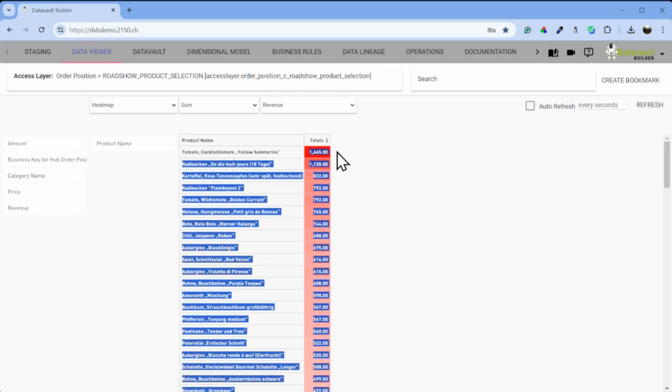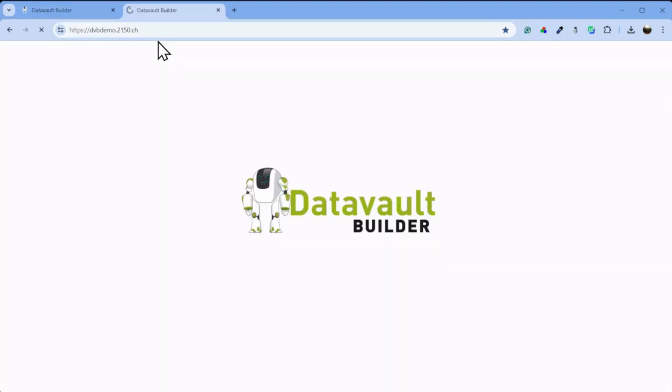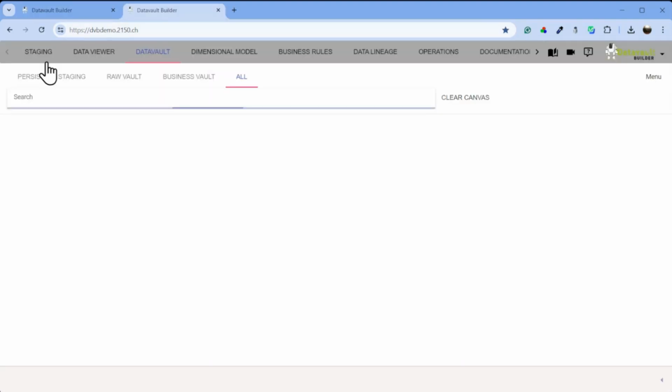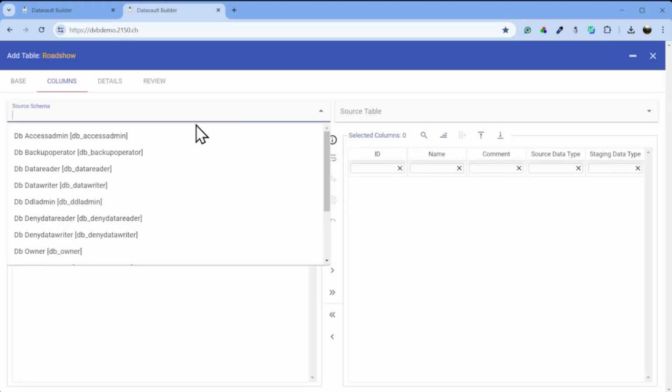And we see here from one source system, our tomatoes are going very well, and they achieved the revenue of 1,665 euros. So let's integrate the second source system. And to keep this open, I can just duplicate my tab here, so that we can refresh that later. And now I will add a second source table